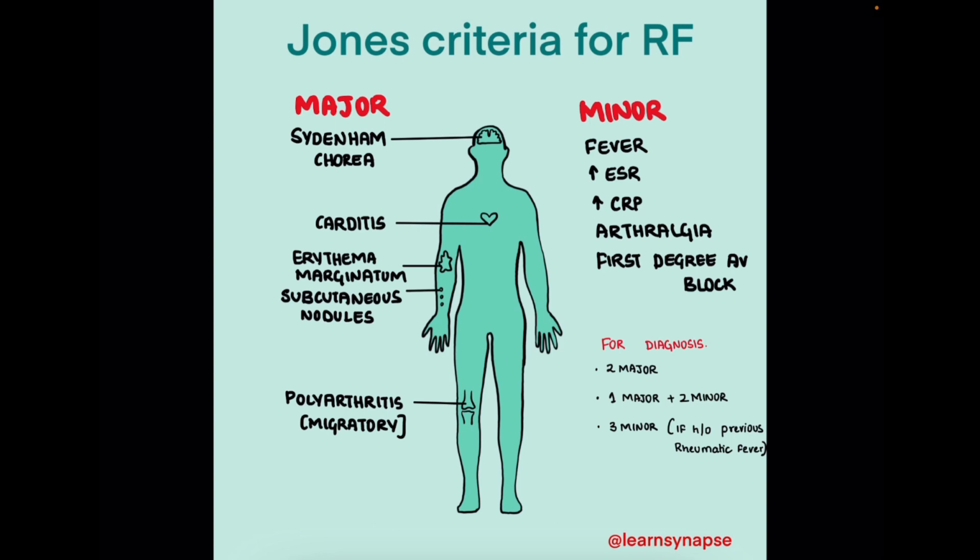For diagnosis of rheumatic fever, we need two major criteria or one major with two minor criteria, or if the patient has a previous history of rheumatic fever, that is, if this is a recurrence of rheumatic fever, then three minor criteria